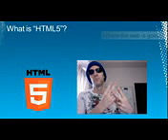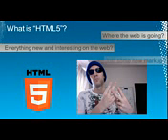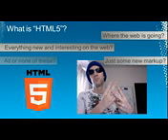So what is HTML5? Well, maybe HTML5 is where the web is going. And by the way, this is the official HTML5 gang sign, so if you're looking for one to add to your repertoire, that's possible. To some, HTML5 is where the web is going. To others, it means everything that's new and interesting on the web. To others, it's just some new markup. Is it all or none of these things? To some, HTML5 is just websites with rounded corners, right? And so I'd be remiss. This slide doesn't have rounded corners, so let me go ahead and fix that. Perfect. Now I have an HTML5 slide deck as well.